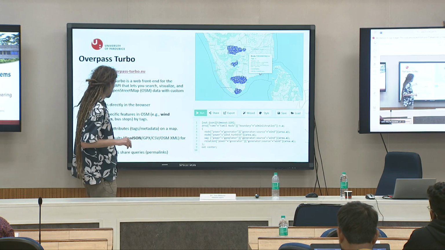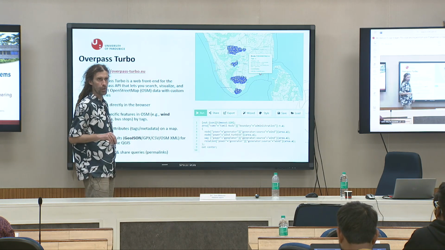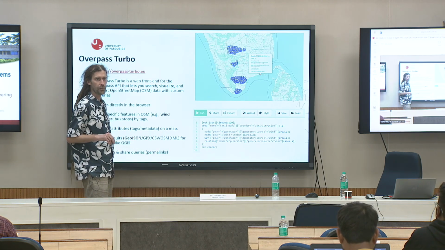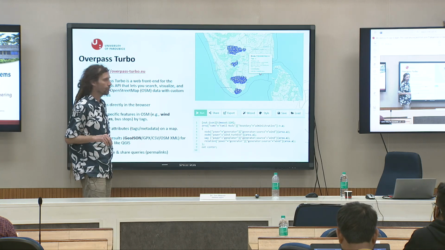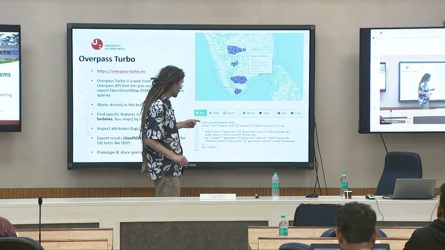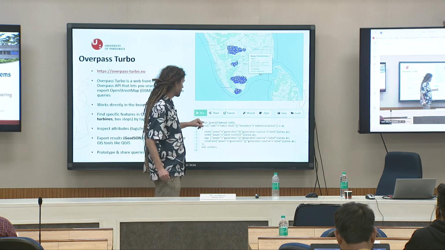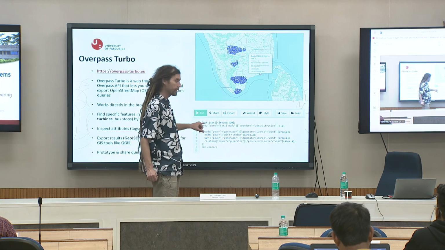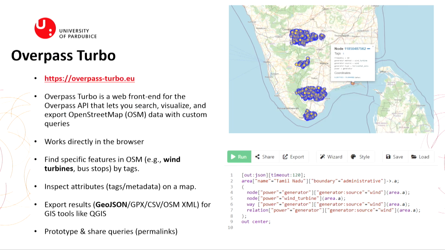There is also, of course, a manual, so if you understand the JSON format, you can easily find all this information. But generally it is out JSON, definition of area, name Tamil Nadu, boundary administrative, and now node power,